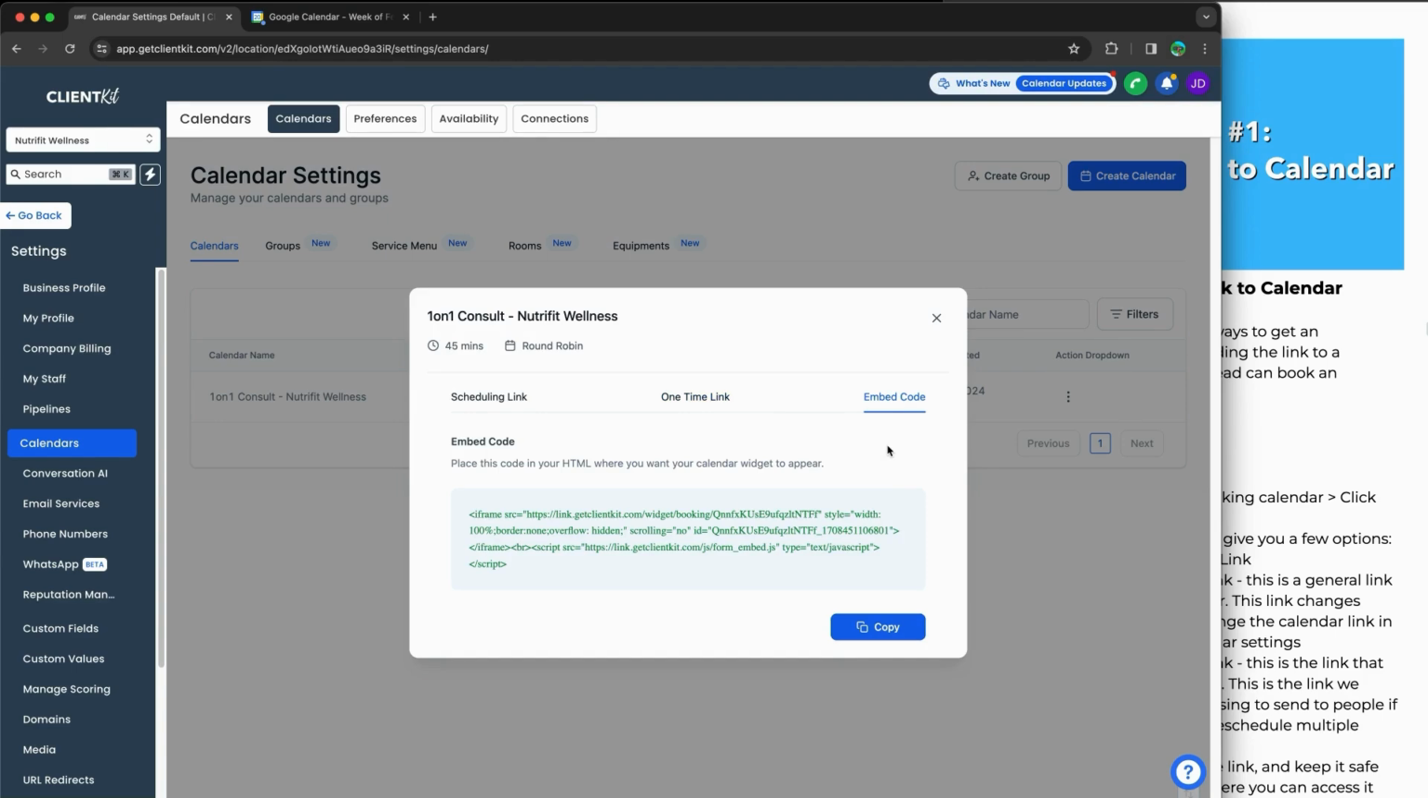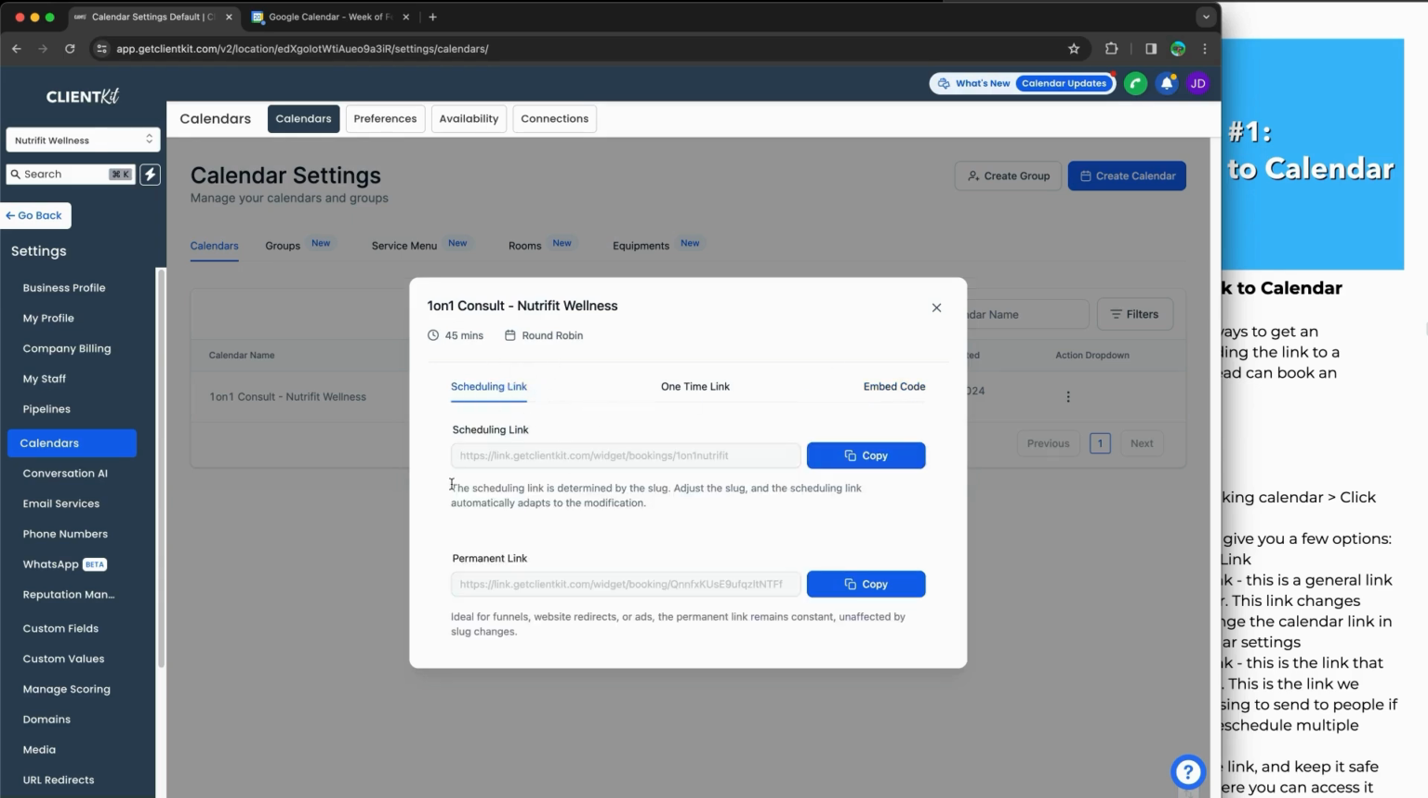So if you wanted to embed this on a website or a funnel, if you were using a different platform, you would need this embed code. However, because this is an all-in-one platform, you don't actually need it. We're going to walk you through how to embed calendars easily within ClientKit. Okay, so for right now, I want to walk you through, hypothetically,